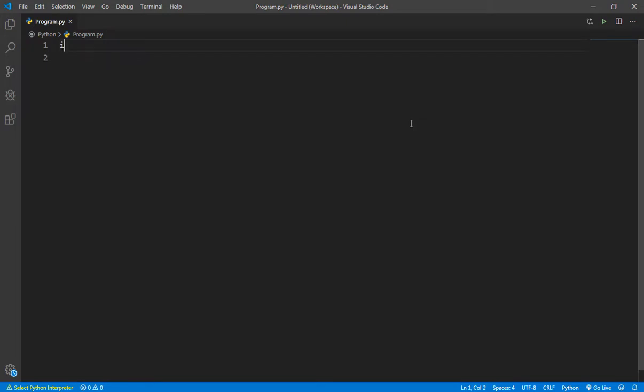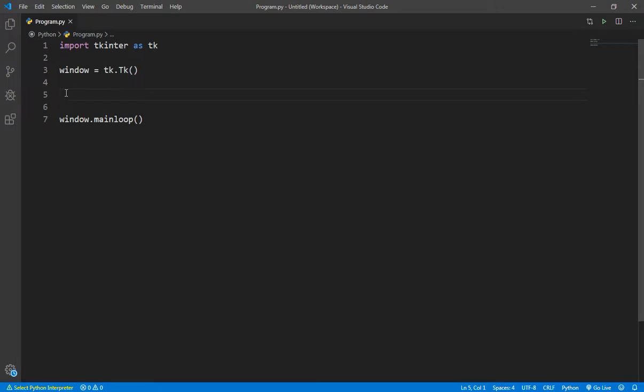So here first we will import tkinter as tk. Okay. Now we will make a window here, tk.Tk(). Okay. Now we will write window.mainloop(). Okay. So here we have made one tkinter window and this window variable is containing our tkinter window.